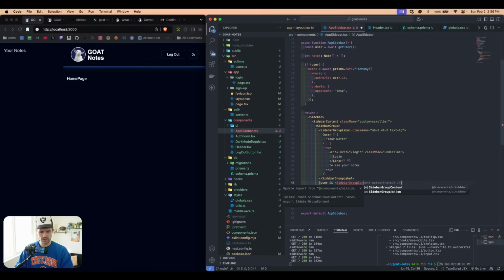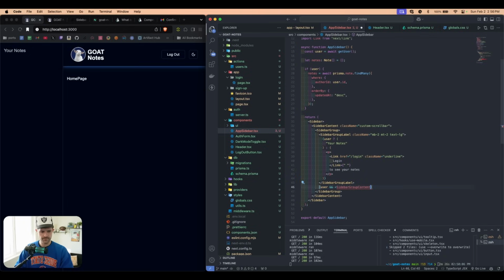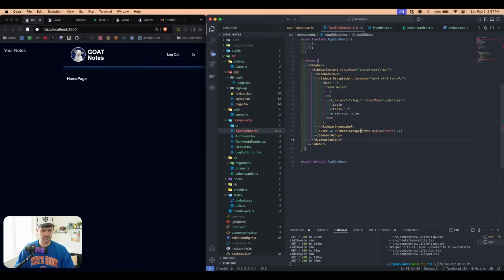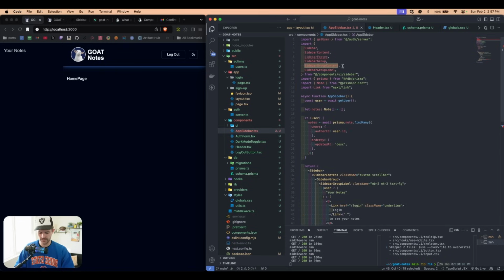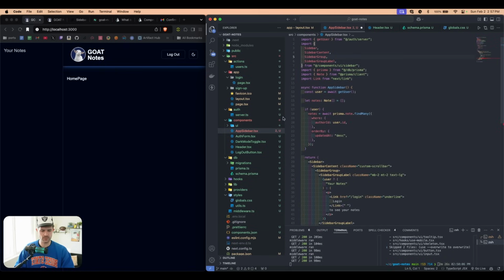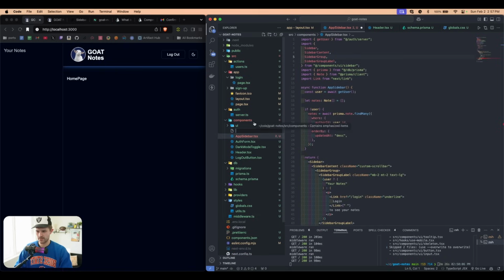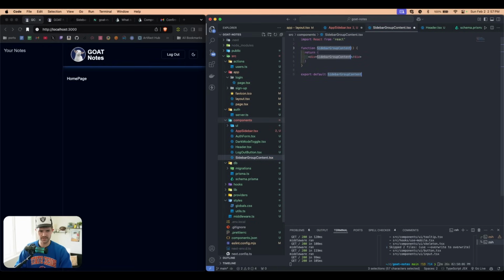group content. And we're going to pass in the notes. And this is going to be a custom component. So come up here and remove this as well. And then we're going to go to components, and we're going to create sidebar group content.tsx RFCE. And this is going to be a client component, and we're going to say type props equals,